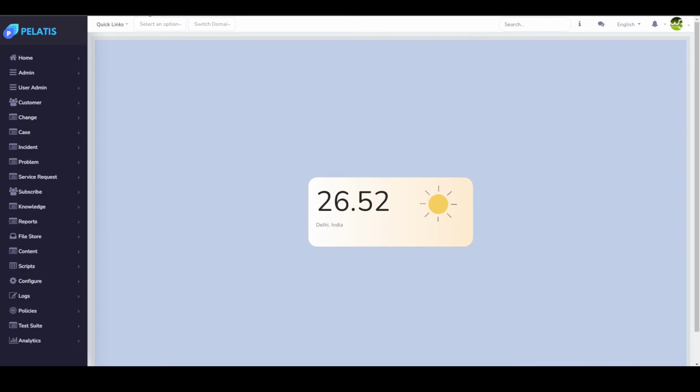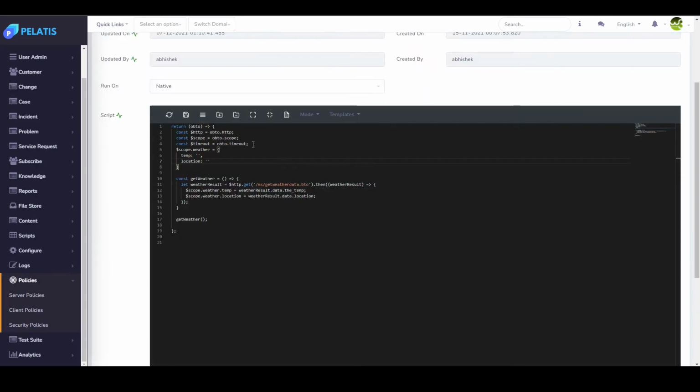So basically how is this working? Let's start from line number 2 itself. You can see that when this function gets called, the platform passes the AngularJS API to this OBTO object, and that's how you can access this HTTP, scope and other AngularJS APIs.